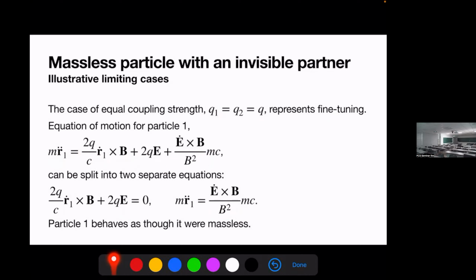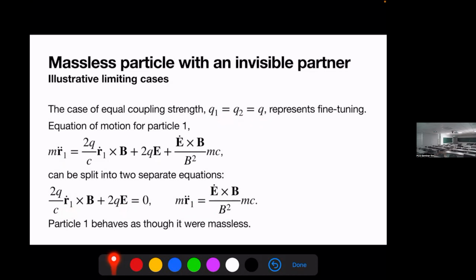So if you take the first equation and differentiate with respect to time, you'll get the second equation. Here you have the first derivative of velocity or position 1. Here you have the second derivative, and here you have the electric field, and there you have the electric field time derivative. So in fact, these two equations are compatible, provided that you have exactly this condition for charges. So that seems like fine-tuning, but there is an easier way to understand this.